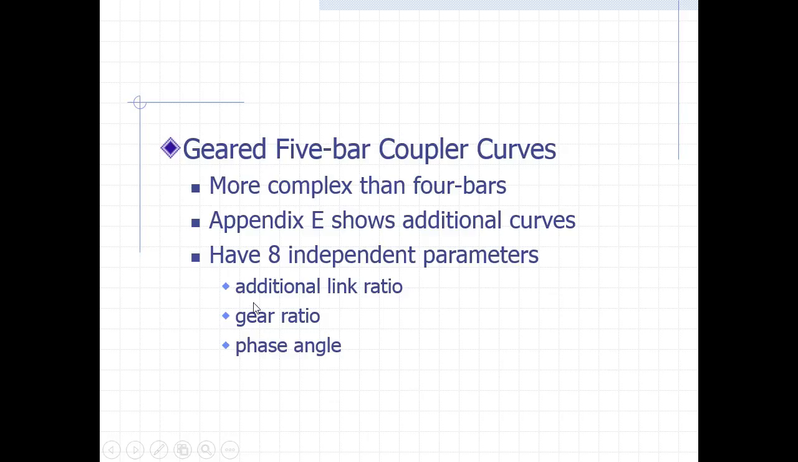We also have geared 5-bar coupler curves. This is obviously a more complex mechanism than a traditional 4-bar. In your appendix E, we show some additional curves. We have 8 independent parameters in that case. We have an additional link ratio, a gear ratio, and a phase angle when we're dealing with a geared 5-bar